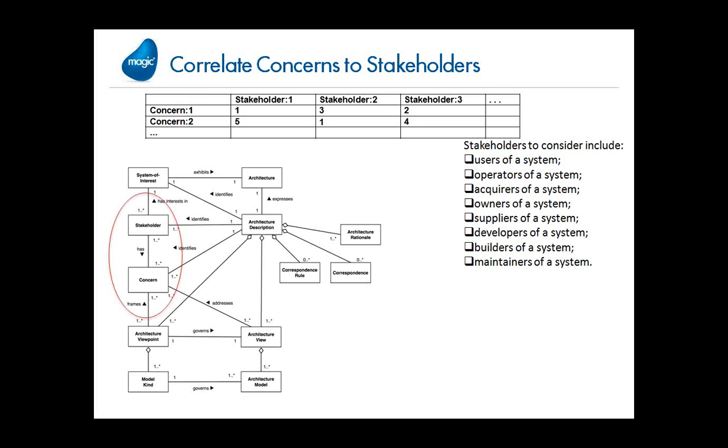So what we recommend is something that looks kind of like a spreadsheet, which basically allows you to identify the stakeholder concerns and then the stakeholders who have those concerns and put them on a scale of 1 to 5 or whatever it might be